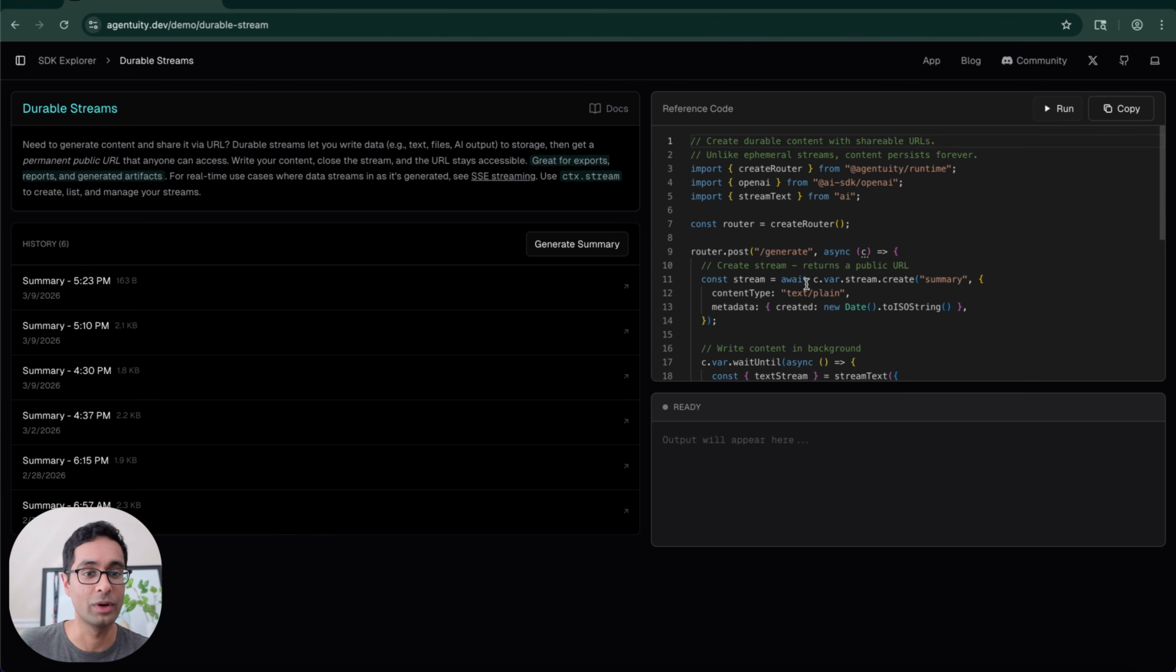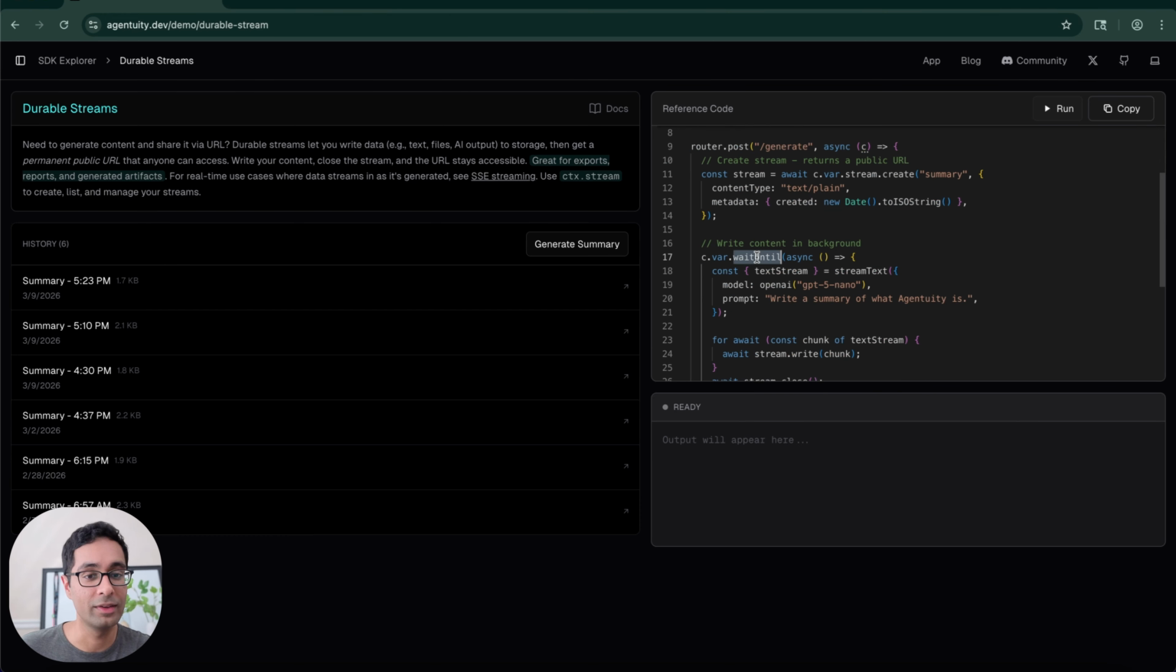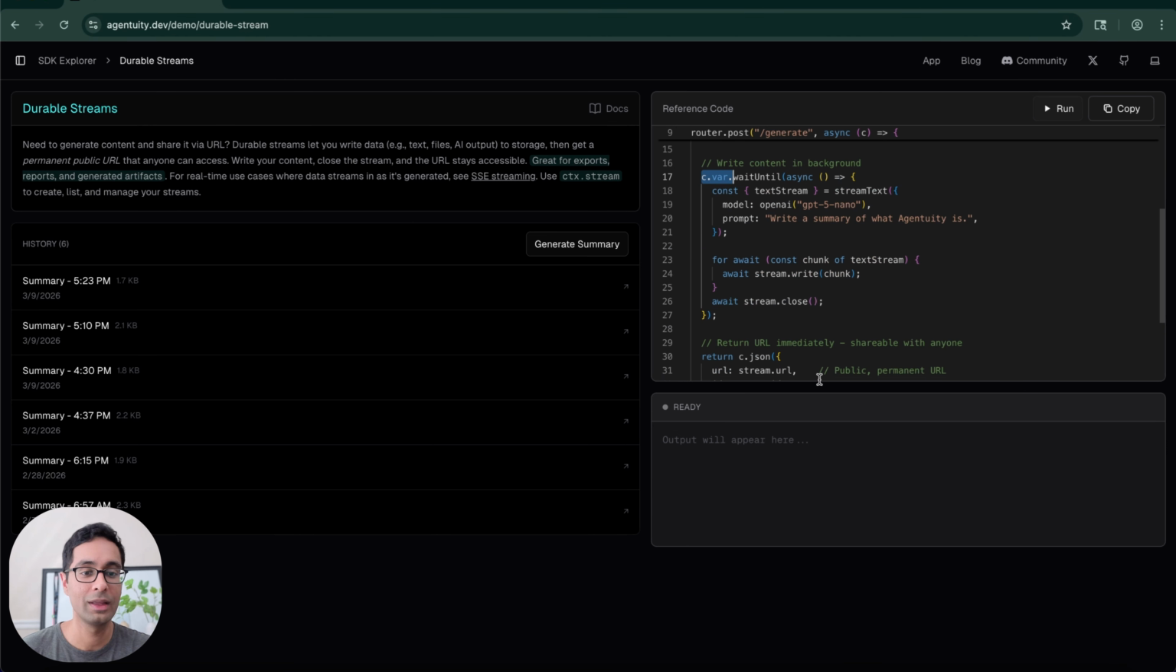So in this case, you'll see that we're actually using routes. We're going to use c.var.stream.create, and c.var is sort of the equivalent for that context object we just saw earlier. And we'll create a new stream called summary with plain text and some additional metadata. And then we can use that waitUntil that we saw before, again with c.var instead of context, but the idea is the same, right? It's going to work in the background